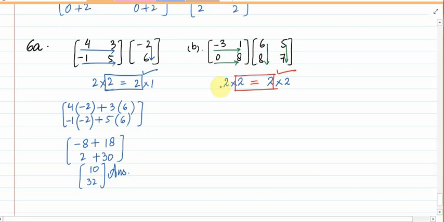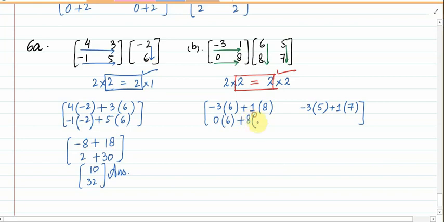Negative 3. Negative 3 is on the tail side. So negative 3 multiplies with 6. If you are moving towards 1, add a positive sign. Now we are standing at 1. It multiplies with 8. Similarly, negative 3, second arrow, that is 5, right? After the first arrow, minus 3 on the tail side will be multiplied with the tail side, 5. Plus, standing on 1, multiplies with 7. Second row, 0 multiplies with 6, positive sign, 8 multiplies with 8.